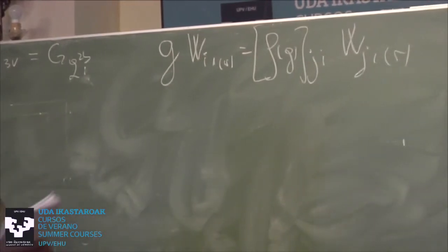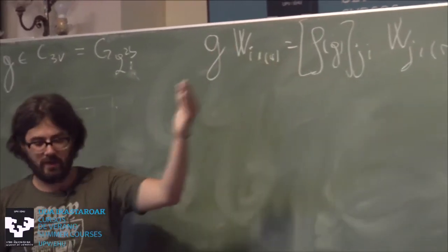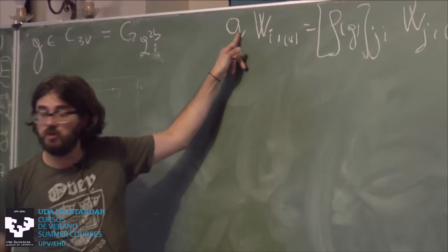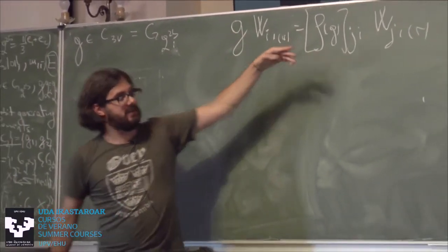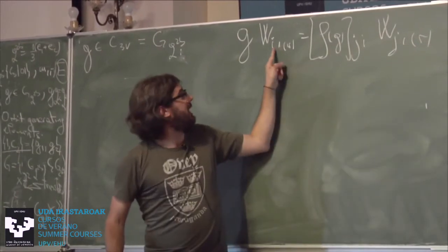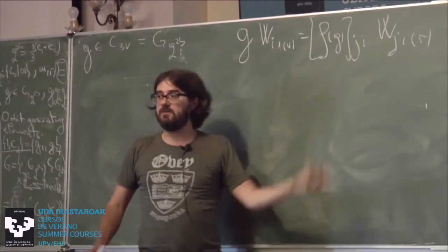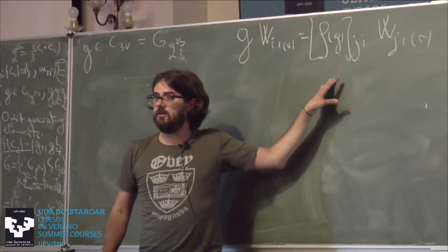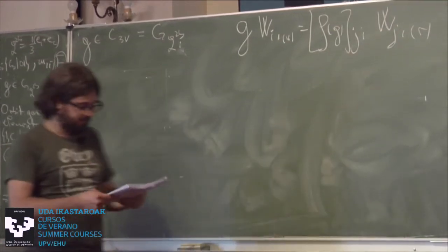Okay, so what does this say? This is nothing but saying, you know, if this was a mirror, which belongs to the site symmetry group, this would be off diagonal 1 and minus 1, which is to say the spin up goes into spin down, the spin down goes into spin up. Yeah, this is clear? This is just, okay.